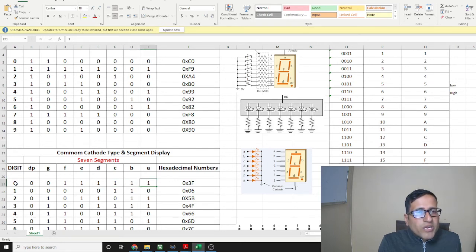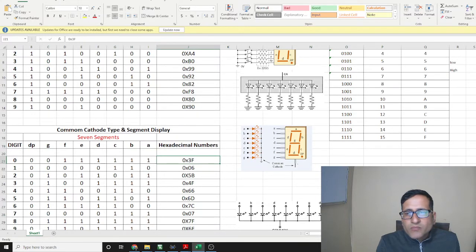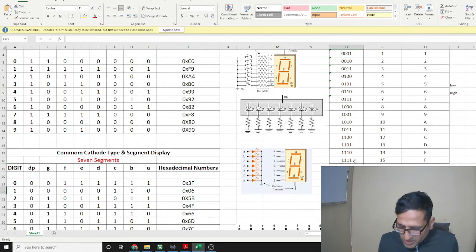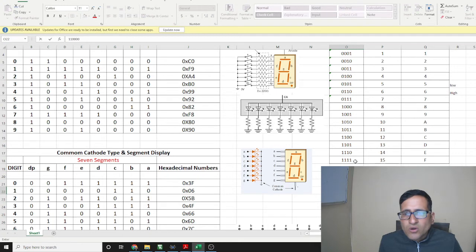This is totally the one's complement of these, and if we have the value C0, the complement of C0 is 3F. You can check it. We will write here the value corresponding to C0 is 1, 1, 0, 0, 0, 0, 0, 0.